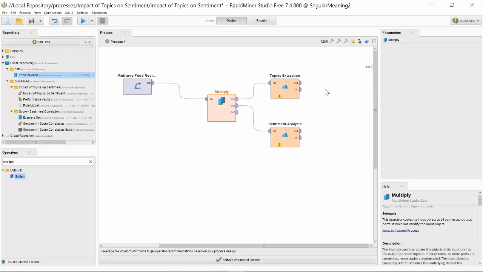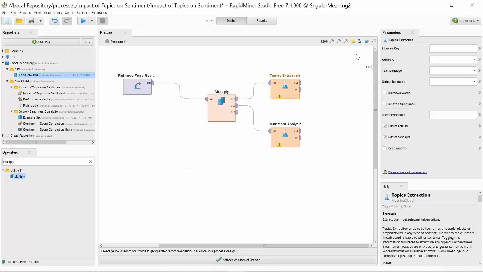Back to RapidMiner, I click on my operator and I configure it using my key. Very important, I need to define the attribute on which the topic extraction function operates, and this is, if you remember, the text attribute. Text language will be English and output language will be English too.